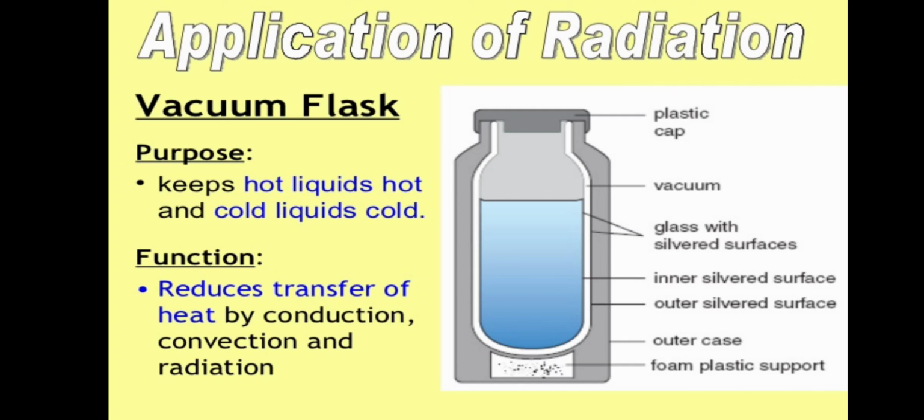The glass bottle is held inside the metal case with the help of cork piece. This is done to prevent transfer of heat by conduction, as cork is a bad conductor of heat. Thus, the transfer of heat into or out of the closed thermos flask is very less. So, a hot liquid remains hot and a cold liquid remains cold inside the thermos flask for a long time.